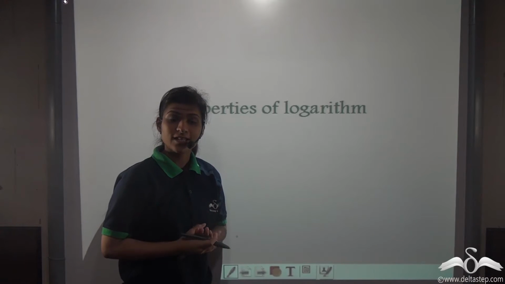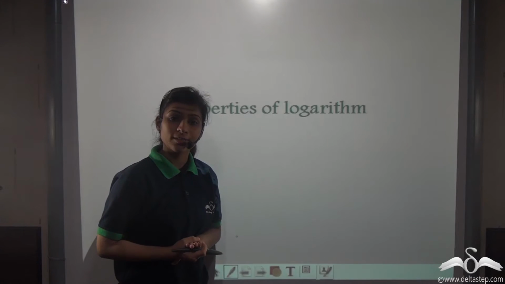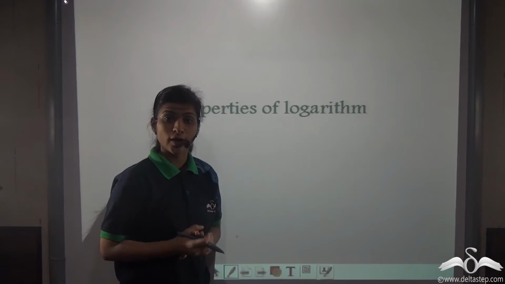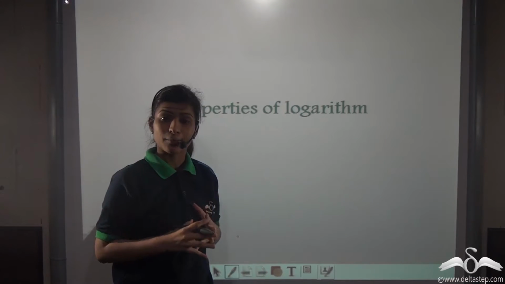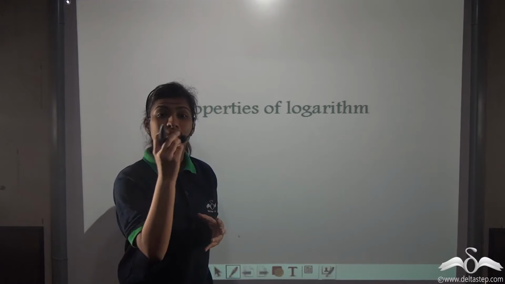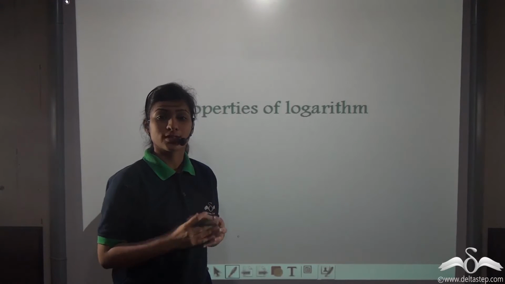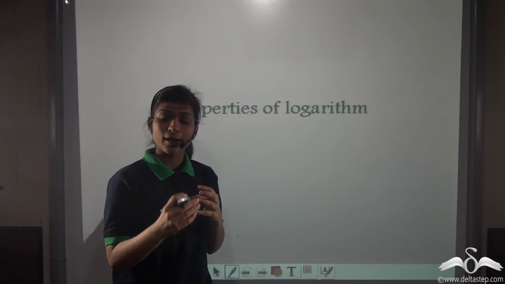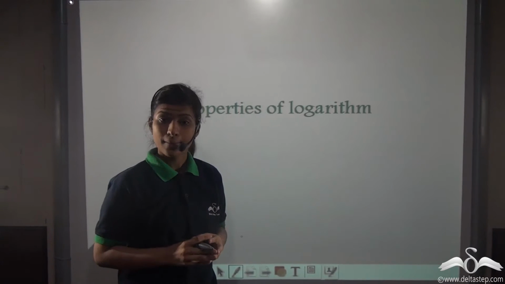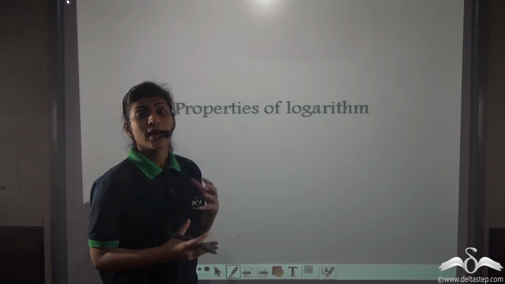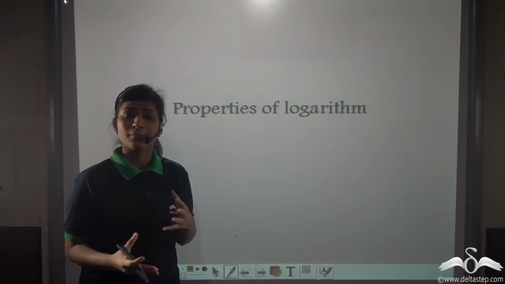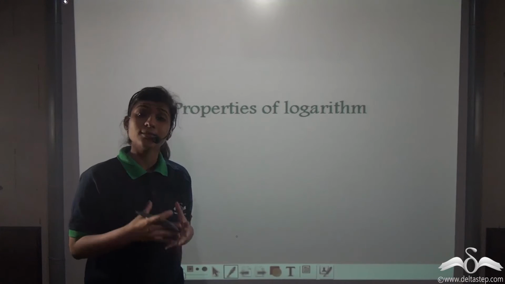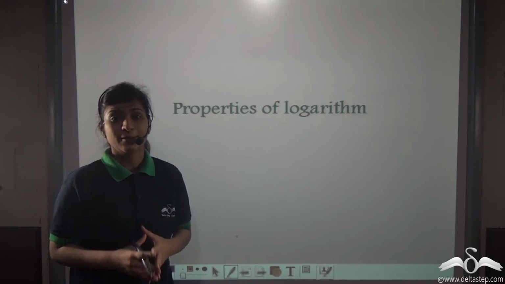Well, in our previous lectures, we have told you what logarithms are. Logarithms are a way of showing how a certain number or big number can be expressed as a certain number multiplied by itself a number of times. That certain number which needs to be multiplied with itself is called the base. Now, logarithms have many properties that make calculation very easy. What are these? Let me tell you.